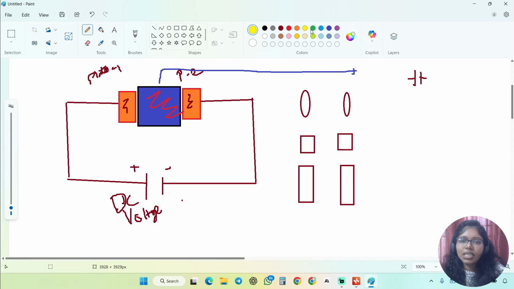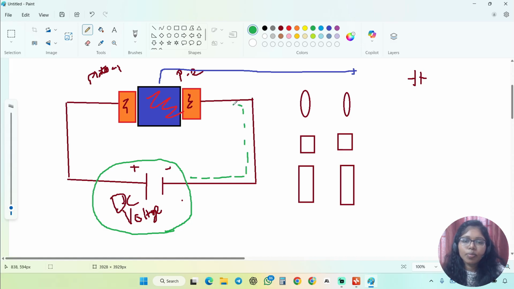For example, if I give some power supply, we know this is a DC power source. The electrons will start to move from low potential to high potential. When the electrons start to move in this direction, what will happen? This side contains more electrons, so these electrons will automatically get pushed. So when the electrons start to flow in this direction,